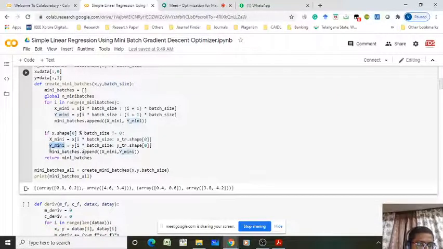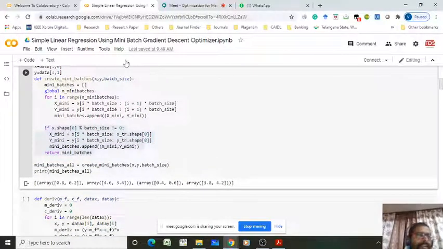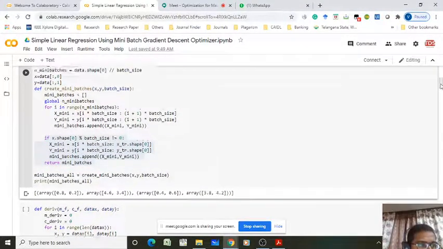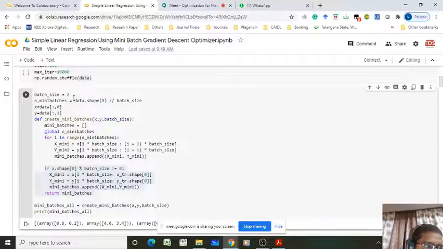So for that, in this case, I think there is a small modification we have to do. For example, I am setting the batch size equal to 3. Okay, for example, batch size equal to 3, then what will the n_mini_batches value be? Can anyone tell? n_mini_batches value equal to